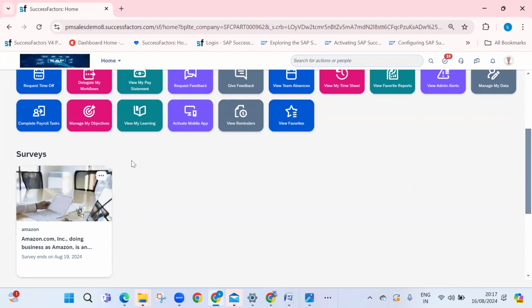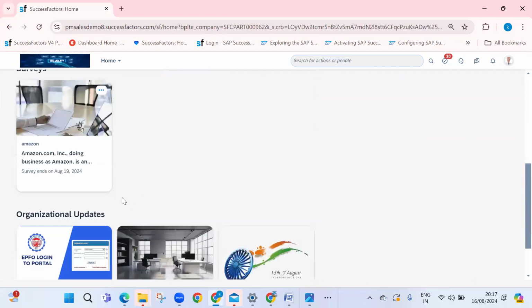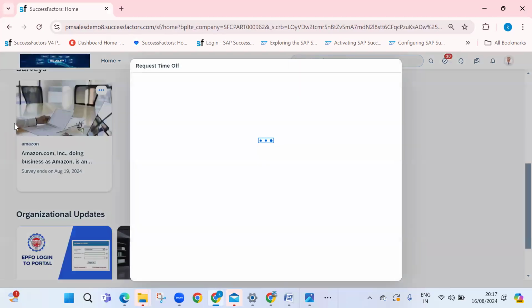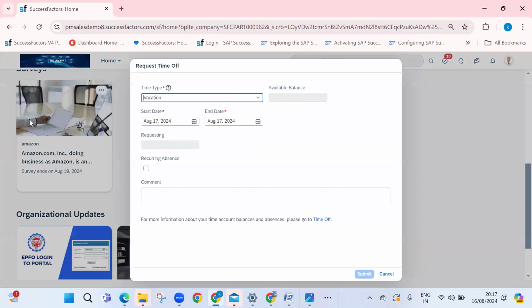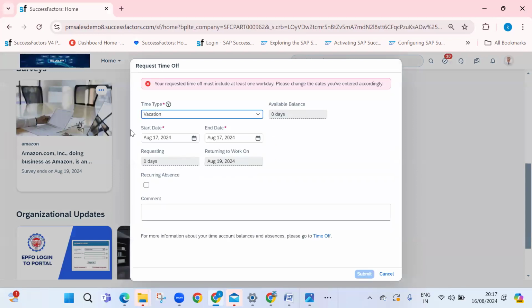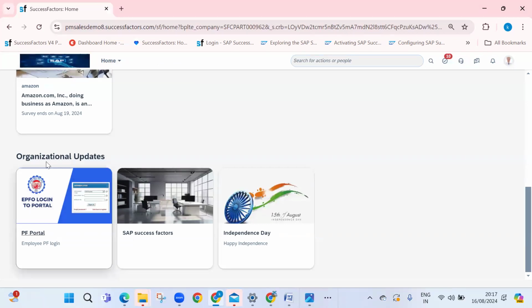Next you have these surveys where all kinds of surveys will take place, and how we will be doing the surveys to gather information. When I clicked the quick action, this page opened regarding time. Now we have organizational updates. If the organization wants to present any update to the entire organization, to one person or to one particular department, we can create an update like this.